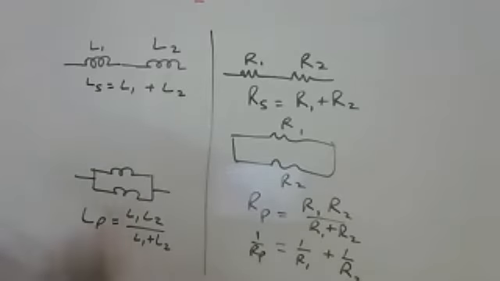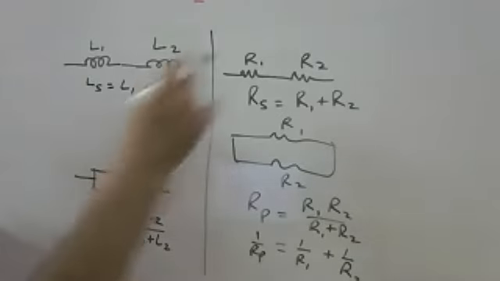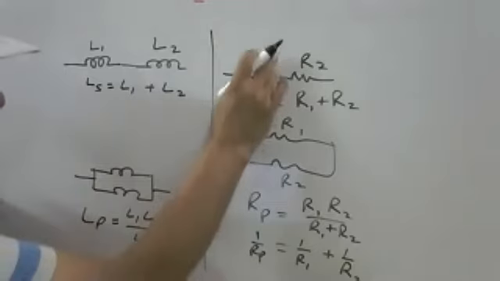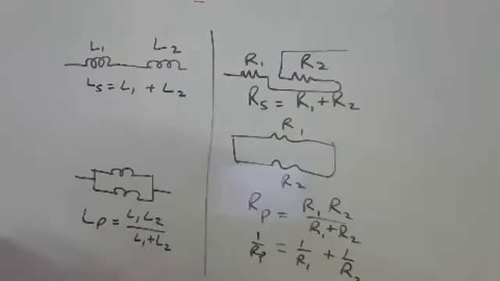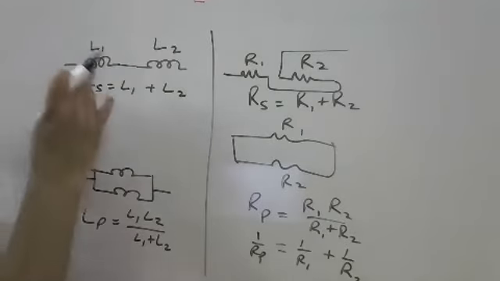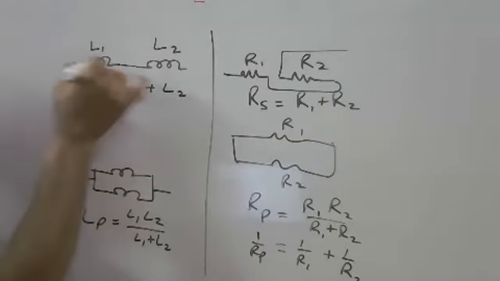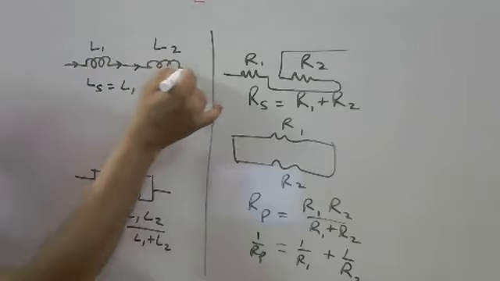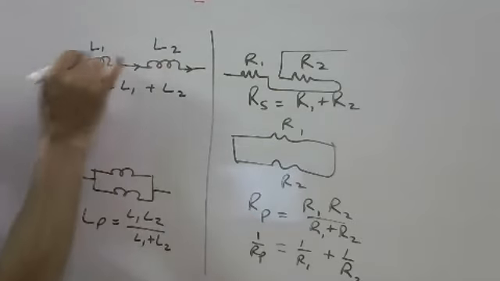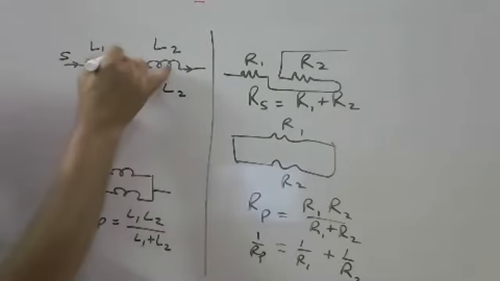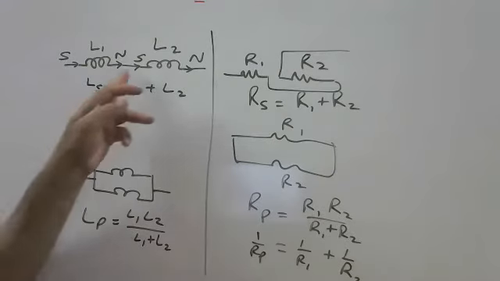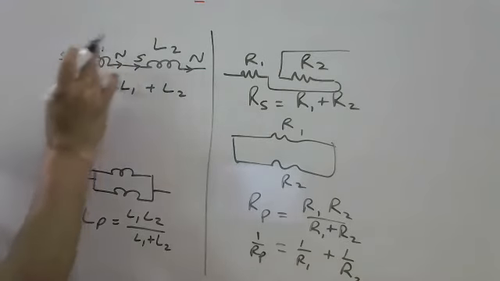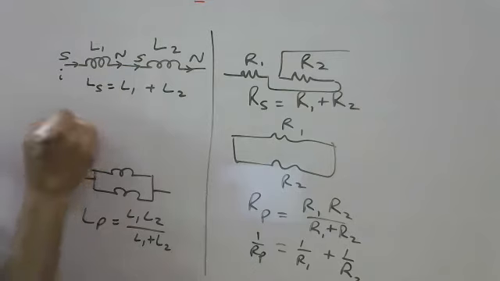In that case the difference is here. Suppose you connect like this or you connect like this. In case of resistance there is no problem, we are getting the same result. But in the inductance, suppose current is flowing like this, and this is the clockwise, which is the south pole, north pole, south pole, north pole. Then we are taking the current is flowing like this. Suppose